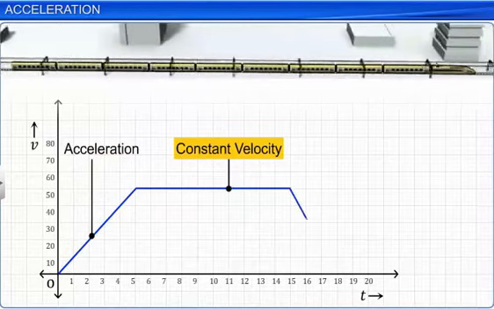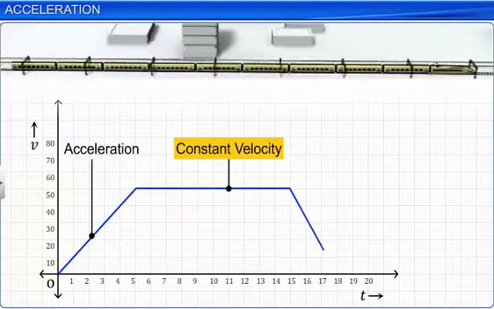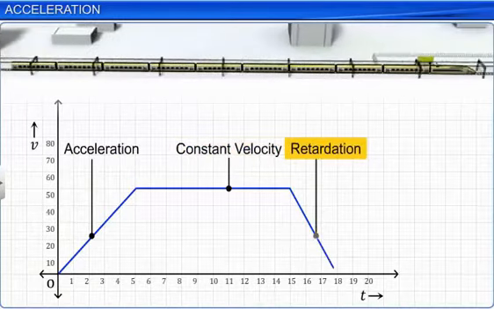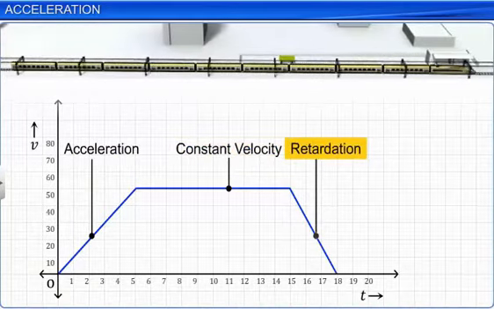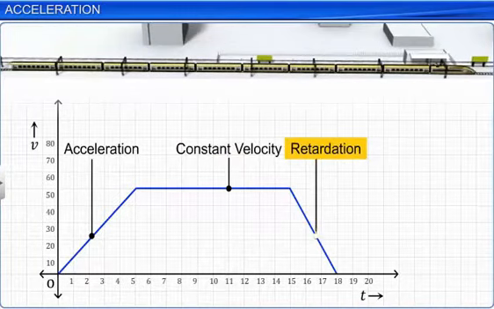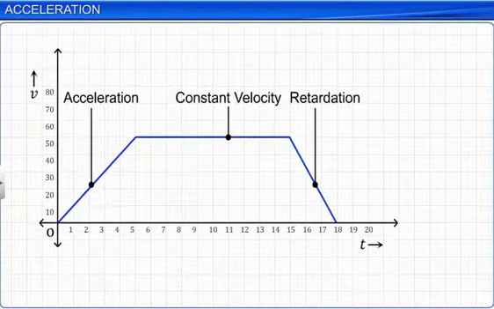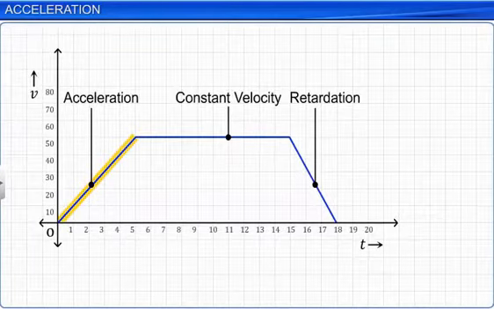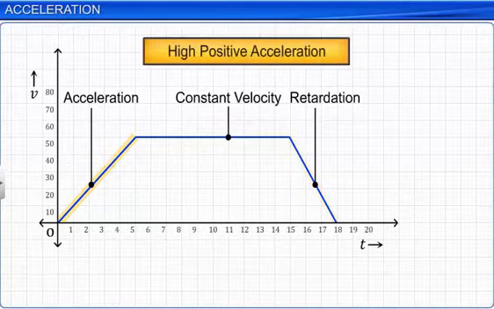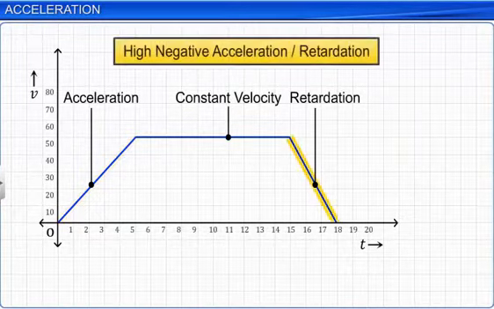In the graph you can see there are three cases for acceleration. One is increasing acceleration, which you can say positive acceleration. Another one is for constant velocity, where there is no change in velocity, so acceleration will be 0. And third one is retardation. Retardation means it is negative acceleration. In case of retardation, there will be decrease in the magnitude of velocity, or you can say the object is moving in a negative direction, object is having its acceleration in negative direction. So that is why it is called as retardation. So these are the three cases of acceleration.